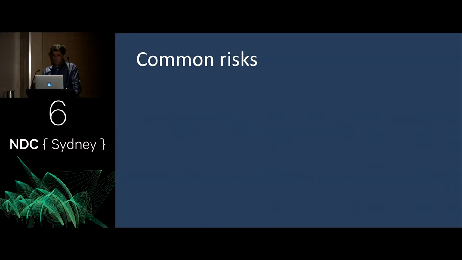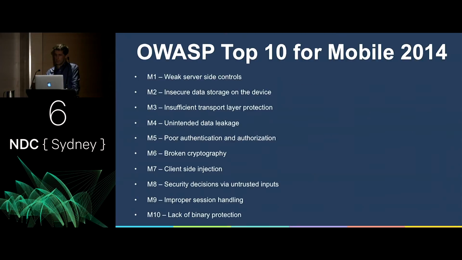So, common risks. I'm basically looking at the OWASP Top 10 for Mobile 2016 here. And the reason I say 2016 is, first of all, I presume most of you, if not all of you, are familiar with the OWASP project, if you're all web devs. Just researching and finding, getting feedback on the most prevalent security weak points.